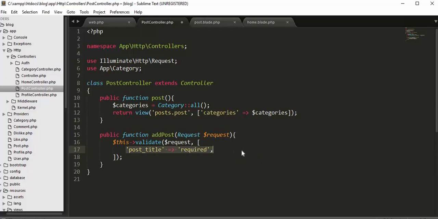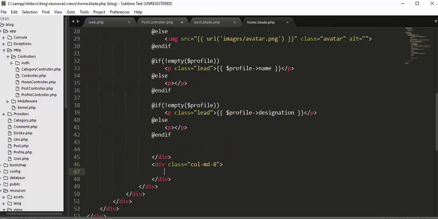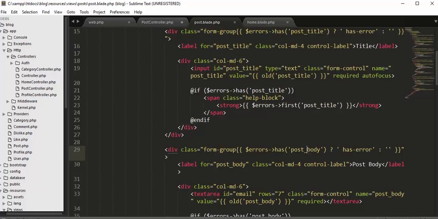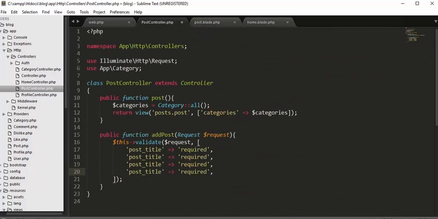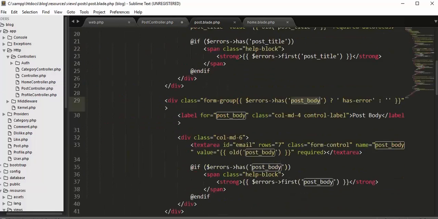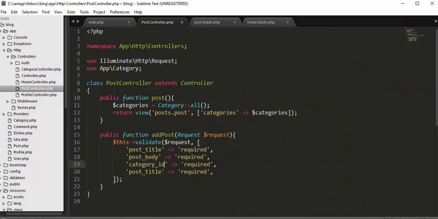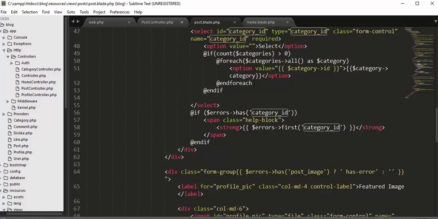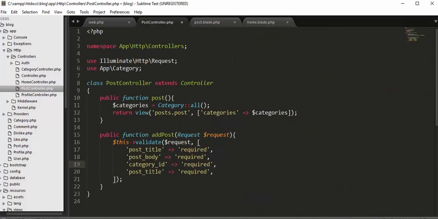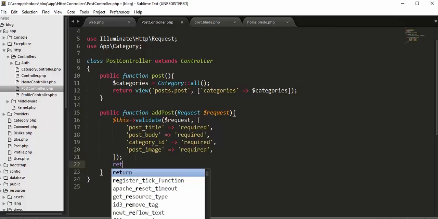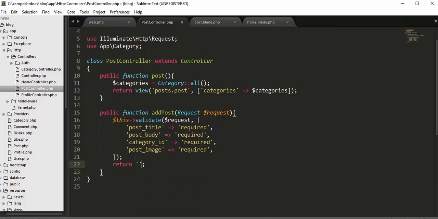Okay, now again copy this, paste here a couple of times, and then the next one is post body. Copy this and paste it here. Next is category ID. Copy and paste here, and the fourth one is the post image. Copy and paste here. Okay, now return